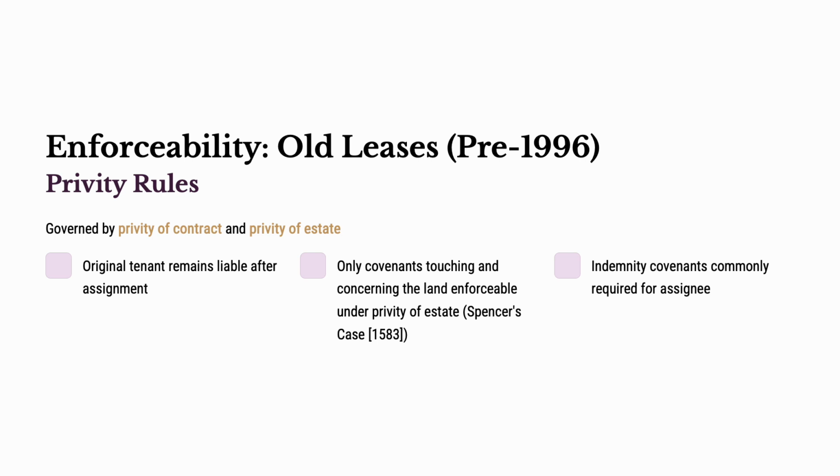We've got old leases, pre-1996, and then new leases, those created in 1996. Old leases are those created before 1st January 1996. So anything in 1995 and before is governed by the common law doctrine of privity of contract and privity of estate. Privity of contract means the original landlord and original tenant remain liable on all covenants throughout the lease